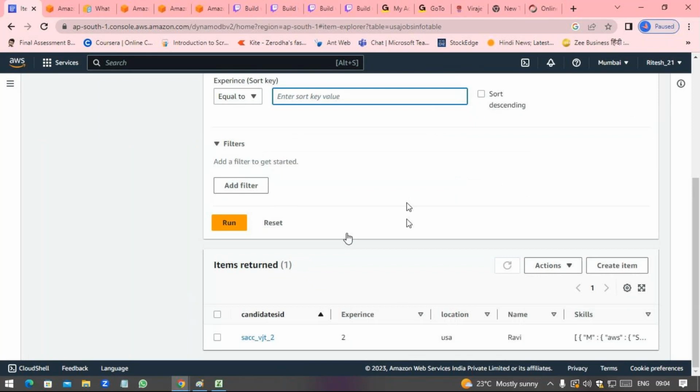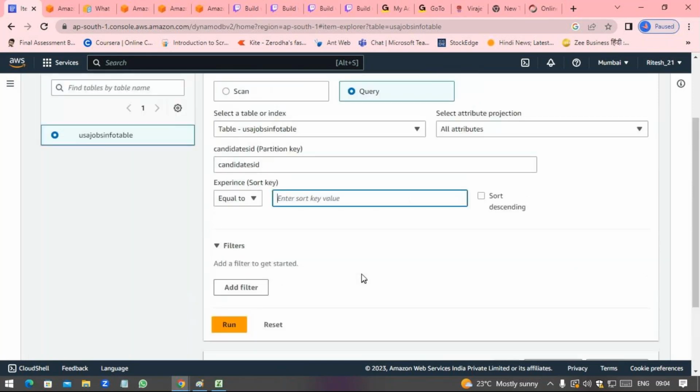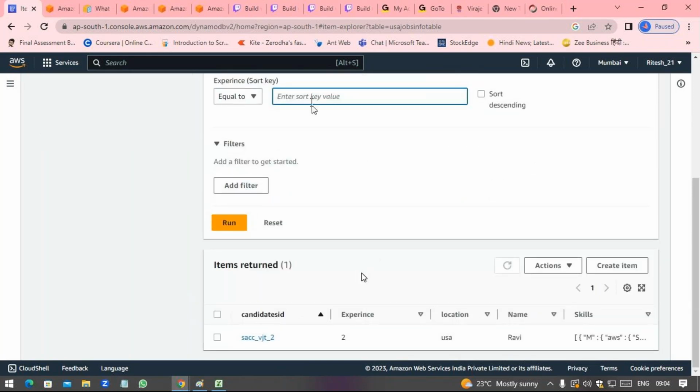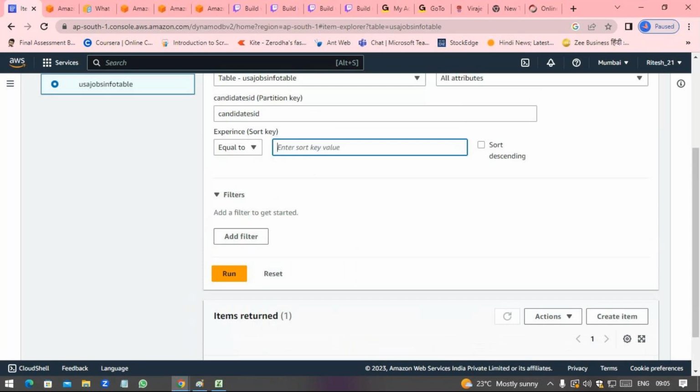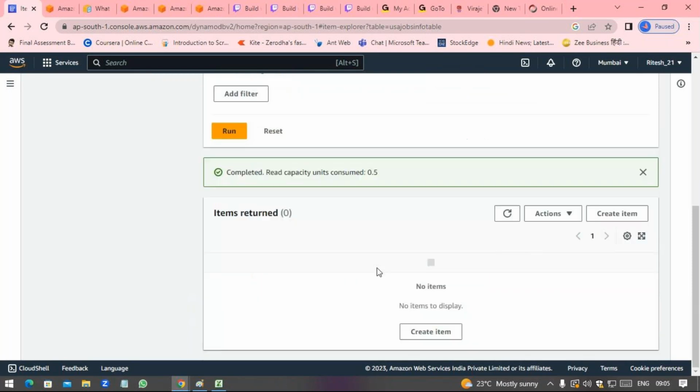Okay. Sort key will be the experience. So we can say this is, suppose, a number one. Okay. Run, execute. So it will give